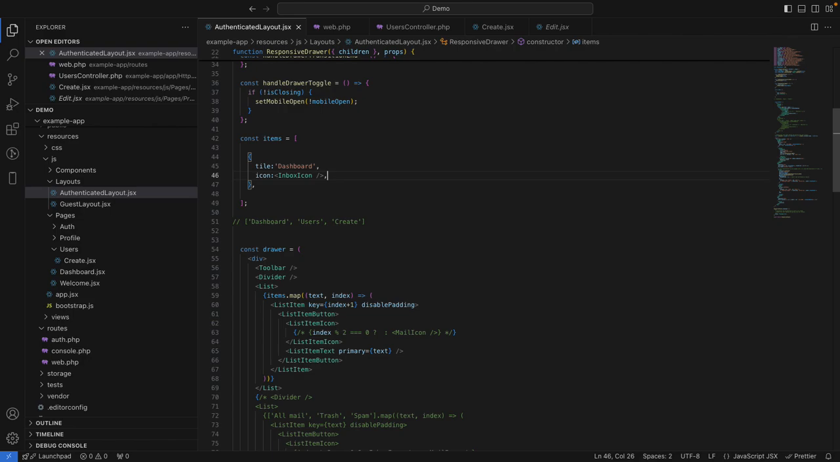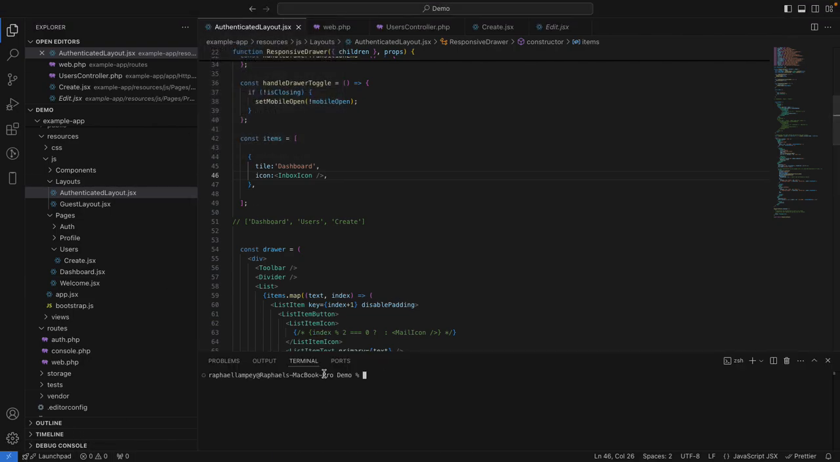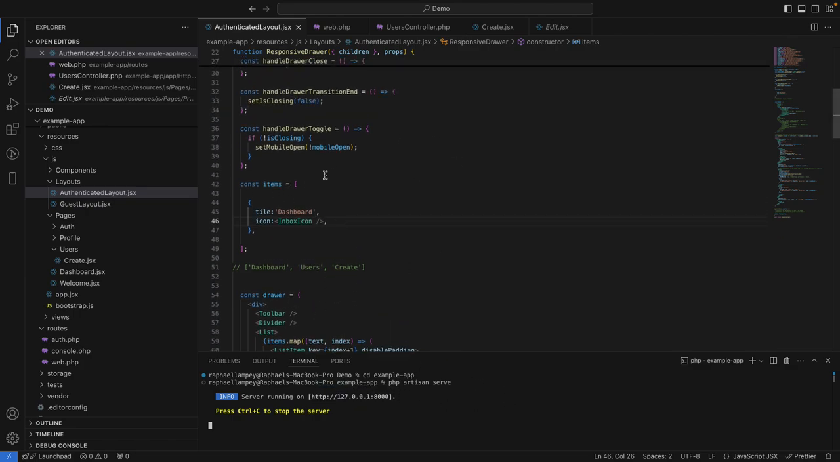So let's start the server. Let's run the server. I'm in the directory. Let me change it to example-app directory, and let me run php artisan serve. And so I've started the server, but I've not compiled the change. What we have done right now, I've not compiled it. So let me compile it by